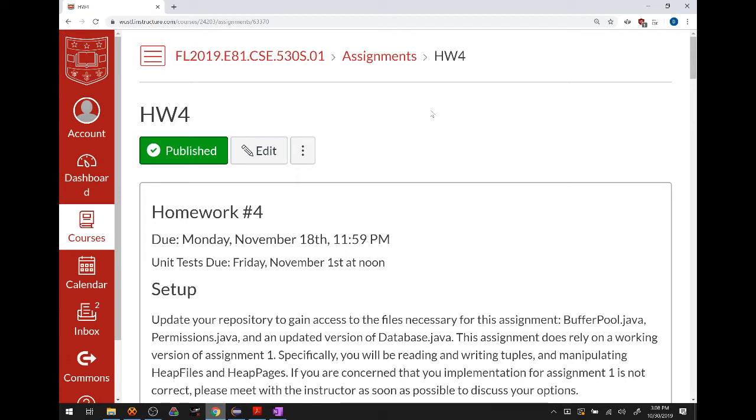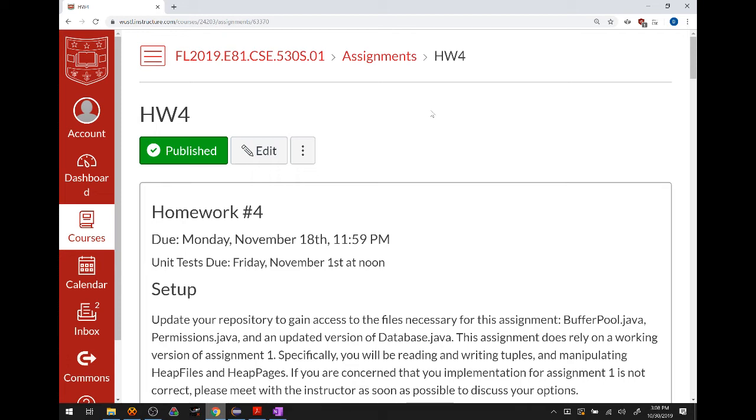I do want to say, actually, right off the bat, I know homework 3 is a beast. I am fully aware of that. Homework 4 is not a massive assignment. It's much more reasonable in scope. I think you guys have earned it after getting through homework 3. So hopefully homework 4 will not be as much of a challenge for you. It's certainly not intended to be as much of a challenge as constructing B+ trees.